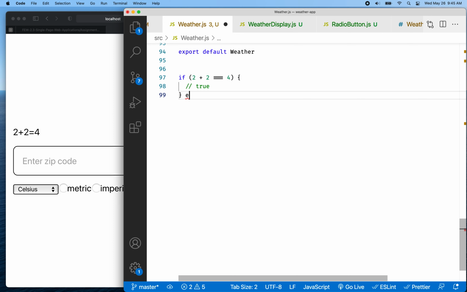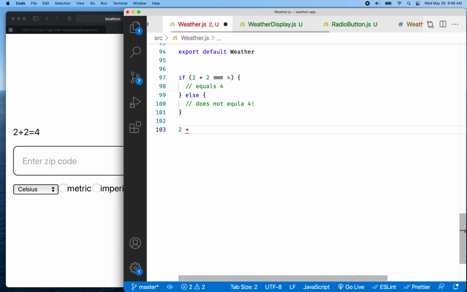True, right? And then else, I could say that's false. Oh, let's do this. 2 plus 2 equals 4, and down here I could say, actually, let's just say equals 4, right? And then down here I'll say does not equal 4. So there's our if-else statement, and we could boil this same thing down to,